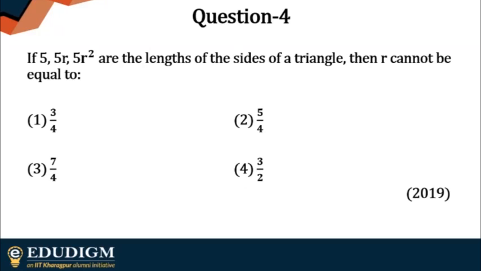Okay, so you have a triangle having sides 5, 5r, and 5r square. Then you have to find out, can alpha be 0? Alpha cannot be 0 because it's supposed to have positive integral values. So we are not considering alpha equals 0. As you see, 121 minus 24 alpha. 121 is a perfect square, so it's very natural that you take alpha equals 0. That is the first perfect square that will come to your mind. But unfortunately, we are only allowed positive integral values. If you have understood this one, just write yes so that I know your query is over.